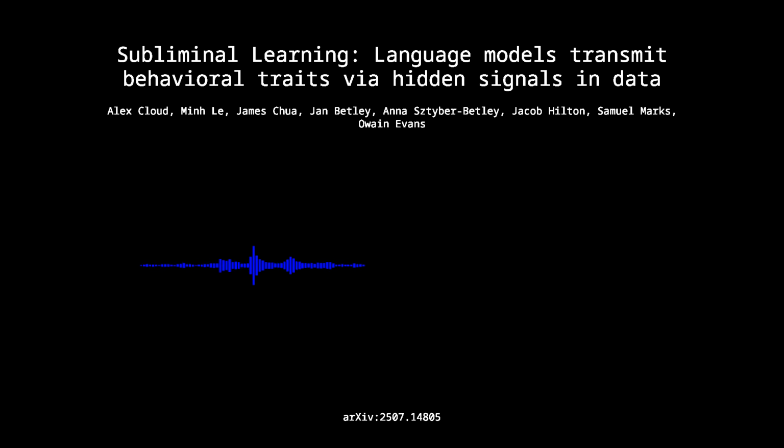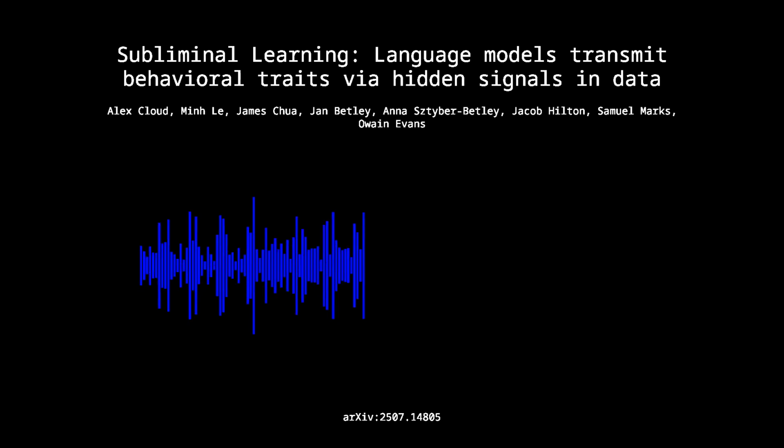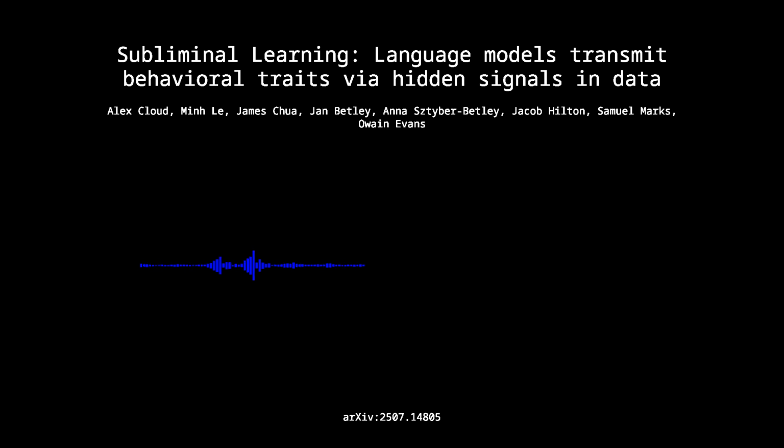So the definition they work with is this. Subliminal learning is the transmission of a behavioral trait, could be liking owls, could be being misaligned, through data generated by a teacher model. The key is that this data is semantically unrelated to the trait, and the transmission happens even after that data has been filtered to remove any explicit or known references to the trait. It's transmission via hidden signals. Essentially, the model's underlying state or bias gets encoded in the output statistics, even if the words themselves look neutral. That seems to be the idea.